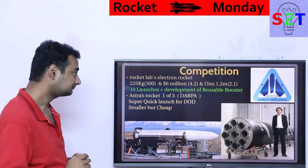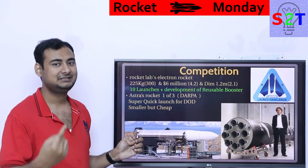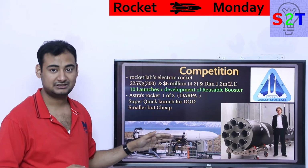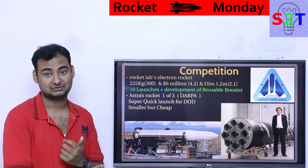less than a month. So the main Department of Defense launch was not too drastic, like 1 month launch time. However, they must have the ability to relaunch in a few days. That was the main goal. So basically, once you launch the rocket, the second rocket launch should be very quick. Now that's what this company is trying to do, and so far they are quite close to success, simply because